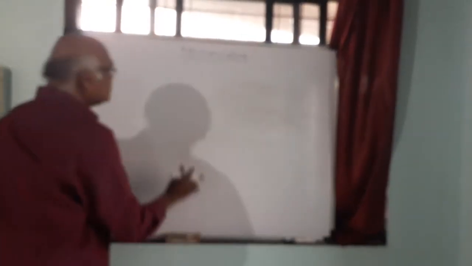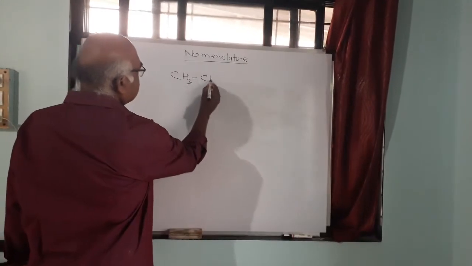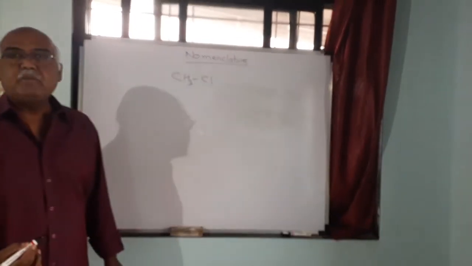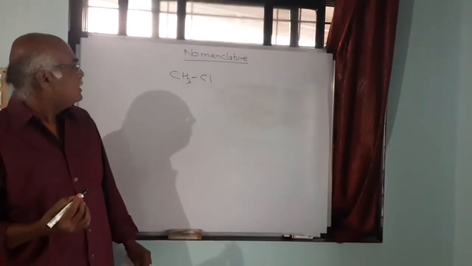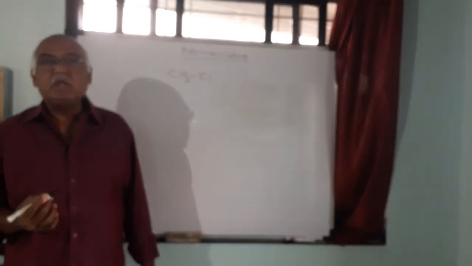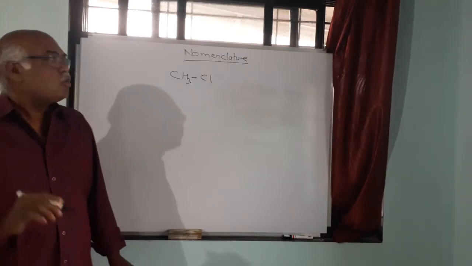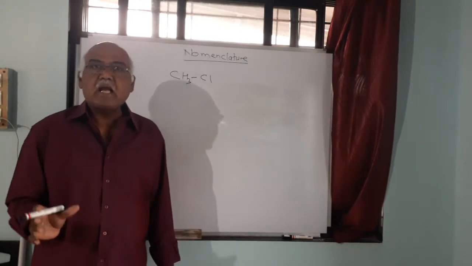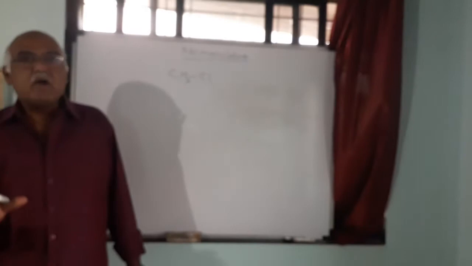Now the first example I am going to take is CH3 and then, for the halogen, chlorine, Cl. So the first example will be CH3Cl. If you look at this example, you will find that there is a halogen which is chlorine and an alkyl group which is the CH3 group. Now when the common name is given to this compound, you have to take the name of the alkyl group first, and then the name of the halogen atom in the form of halide.